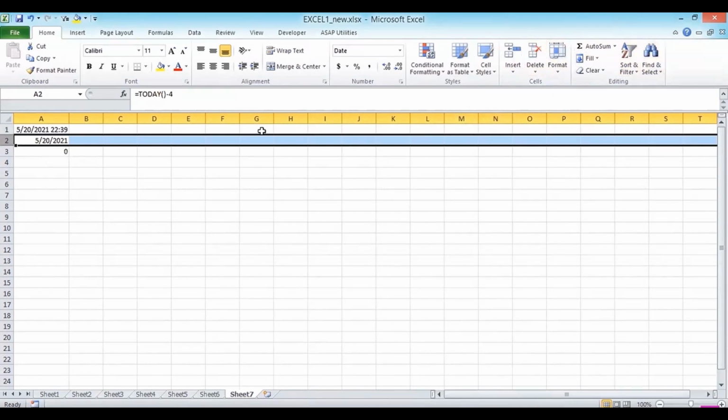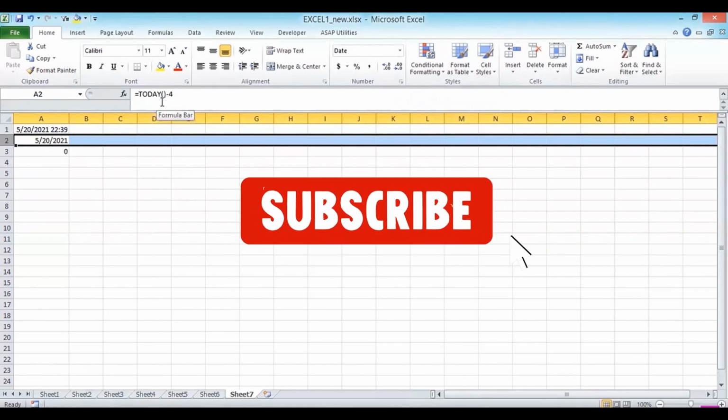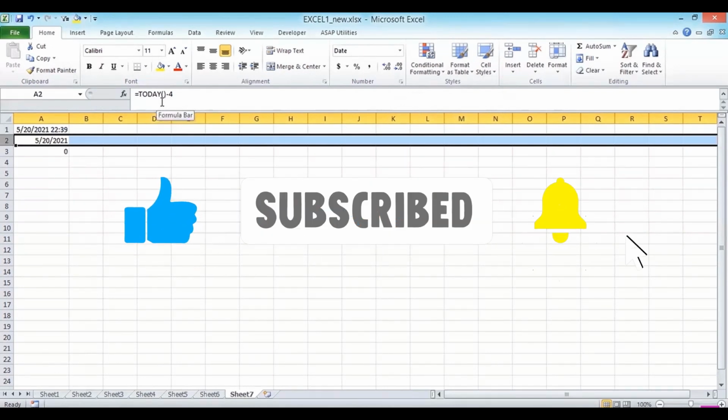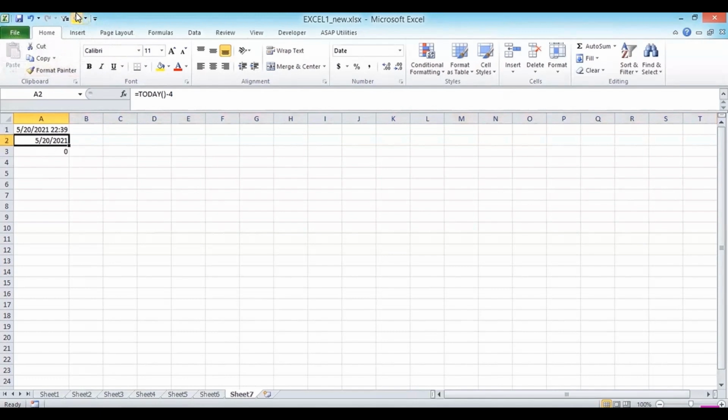Now we will use this functionality, insert and delete. This is called a tab, this particular one is called a group, and this is called a command. This is a different functionality which we can use easily with your command. This is a shortcut key. We will use the shortcut key here directly, this is fill color. So directly fill color. This is your quick access toolbar. We will use this quick access toolbar easily. Okay friends, then we will discuss from the